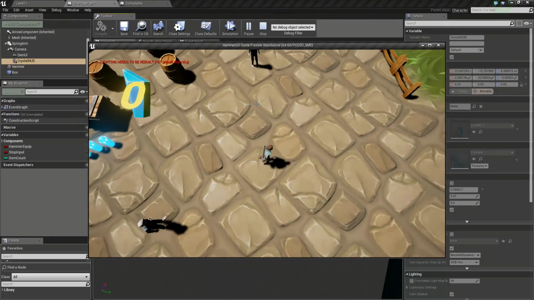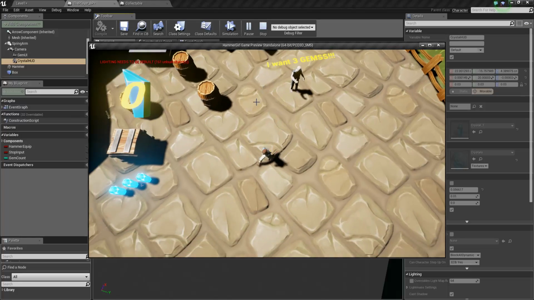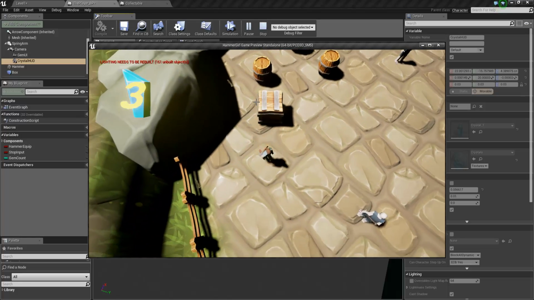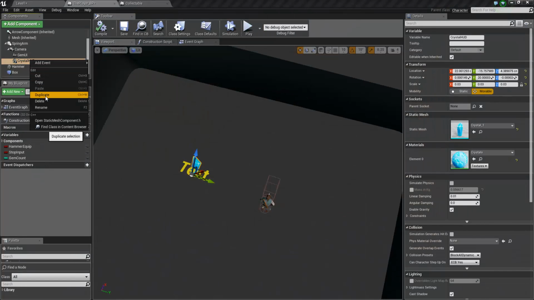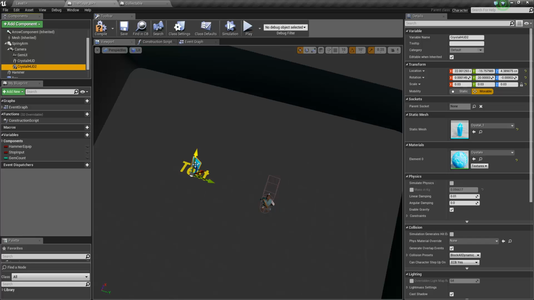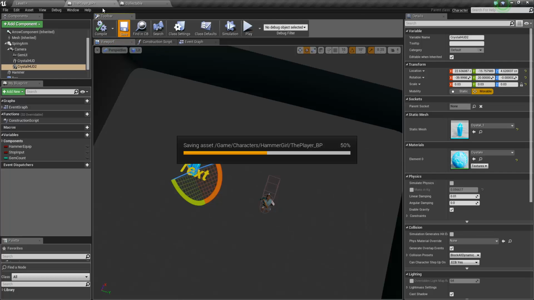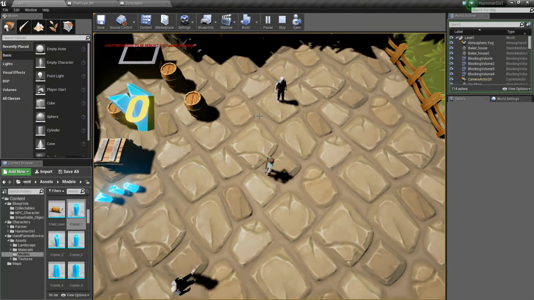So yeah, now I've got a gem that's on screen with the number, and then if it updates, the number's going to go up. You can obviously be a bit more fancy with this if you wanted to. Right click, duplicate, crystal HUD 2. I'm going to move this one down a little bit, rotate it that way, compile, save. Yeah, so now I've got 2 gems,